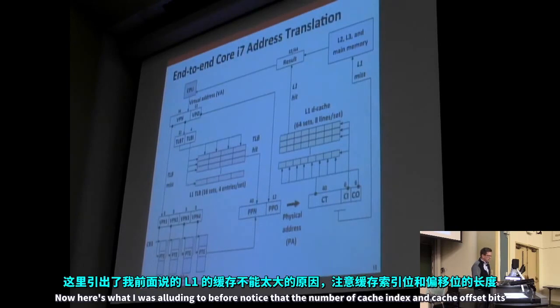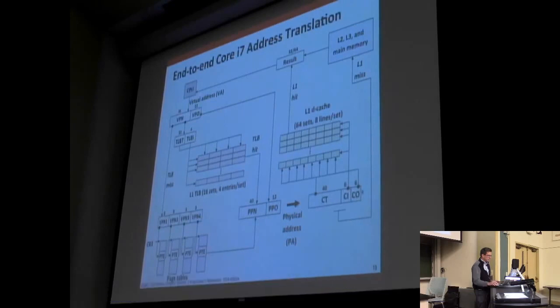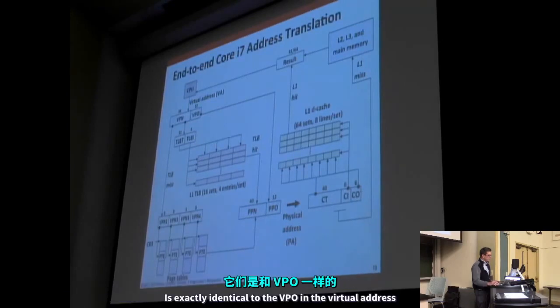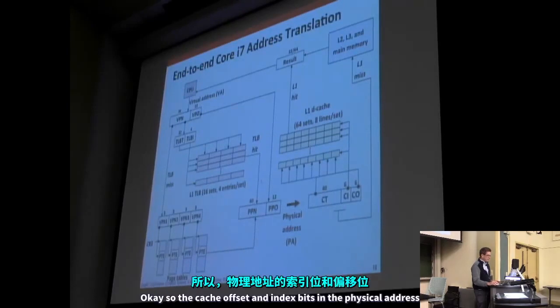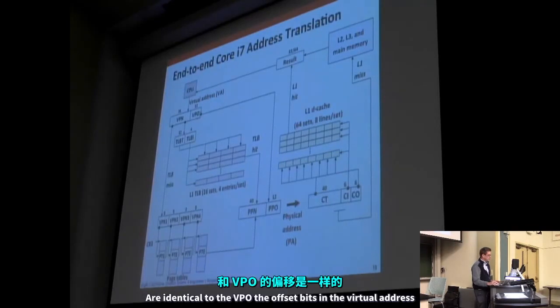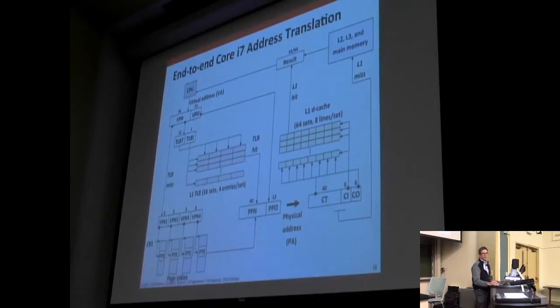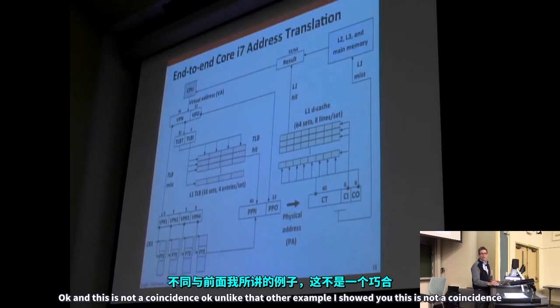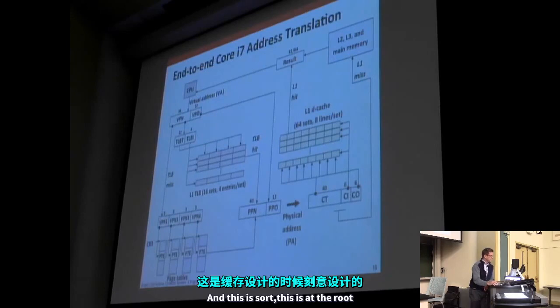Now, here's what I was alluding to before. Notice that the number of cache index and cache offset bits is exactly identical to the VPO in the virtual address. So the cache offset and index bits in the physical address are identical to the VPO, the offset bits in the virtual address. And this is not a coincidence. Unlike that other example I showed you, this is not a coincidence, and this is at the root